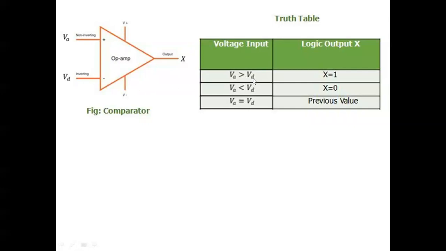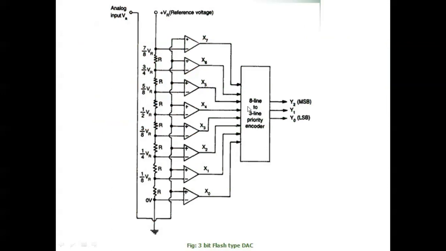If VA is greater than VD, the output is 1. If VA is less than VD, the output is 0. If both are equal, it takes the previous value. So whenever the value is 7 by 8 VR, this comparator gets output 1 and the remaining comparators are 0. This gives input to the 8 to 3 encoder, and hence the output will be